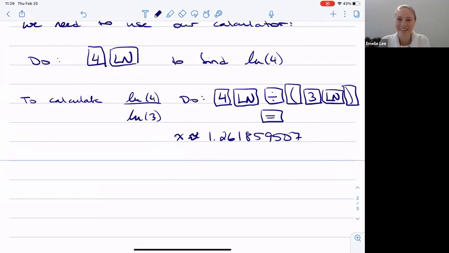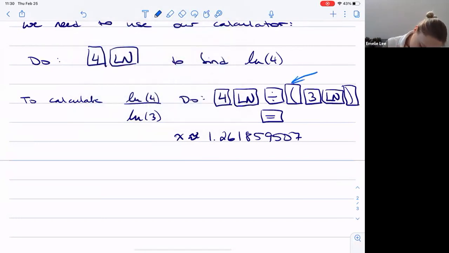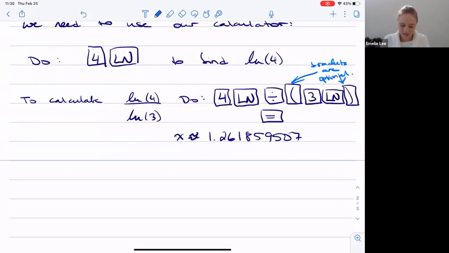Oh, and thanks, Logan. It seems to work without the brackets as well. So I'll say that the brackets are optional. Right, and so good. That's just me being overly cautious, I guess, throwing those brackets on there, right? But just really make sure that you know how to do these calculations. Okay,